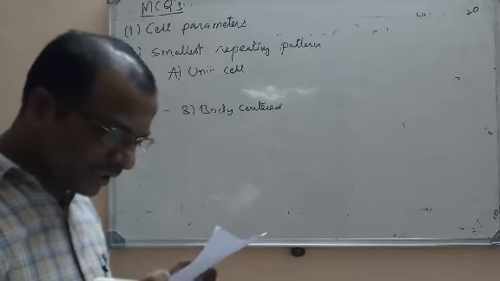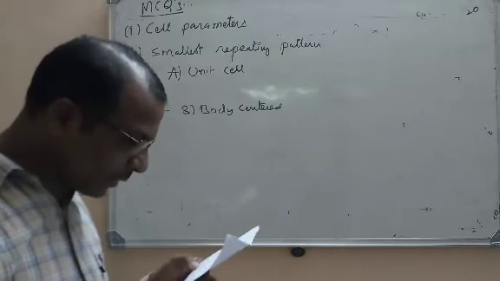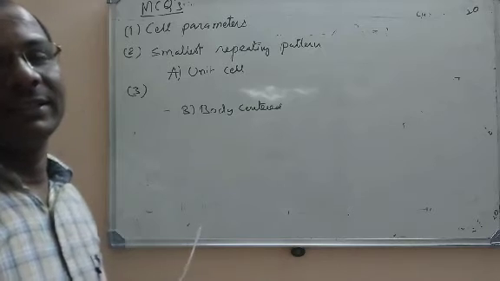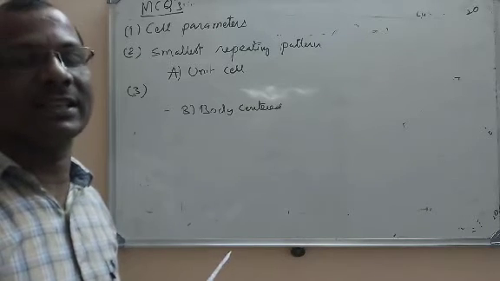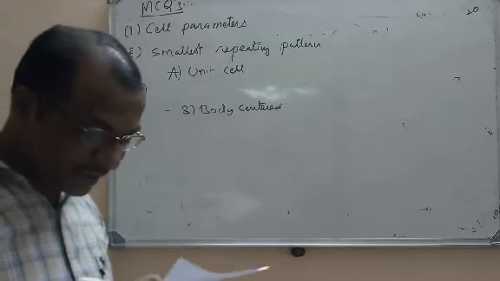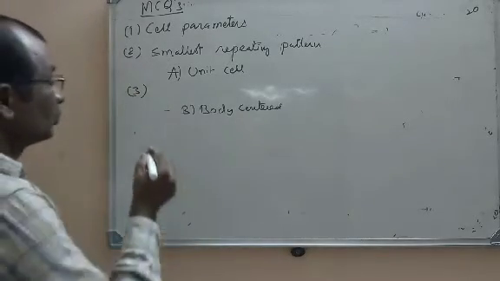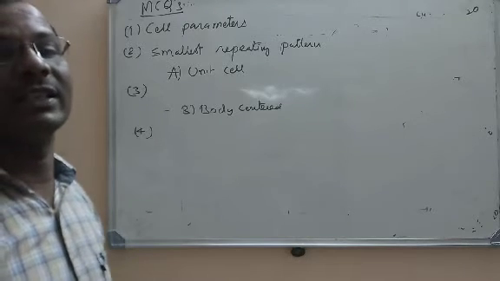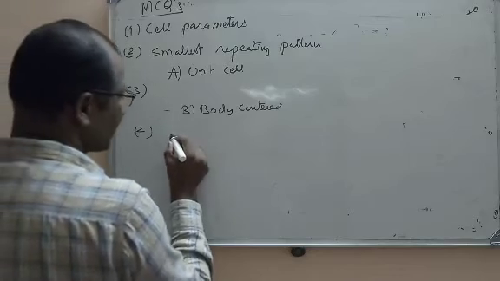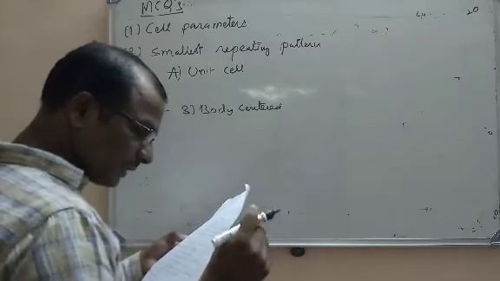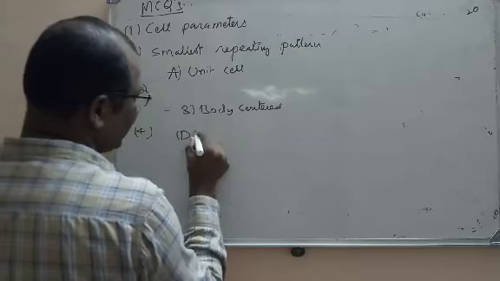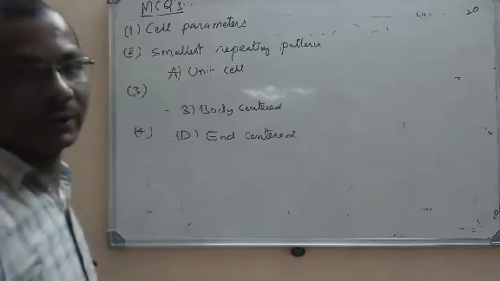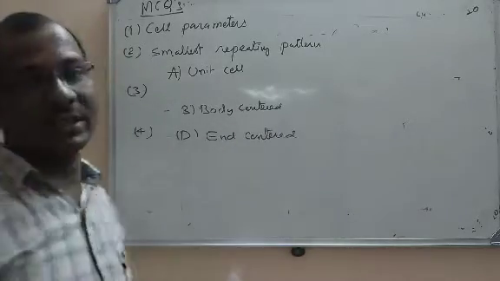The points are located at the centers of any two opposite faces in addition to 8 points at 8 corners, then it is called as what? Here 8 points are placed at 8 corners and 2 points are placed at any two opposite faces. Then it is called as which type of crystalline system? It is called an end-centered crystalline system. So for this, the fourth option is correct, that is end-centered. You keep the PDF material in order to know the questions. Only the options I will discuss here.